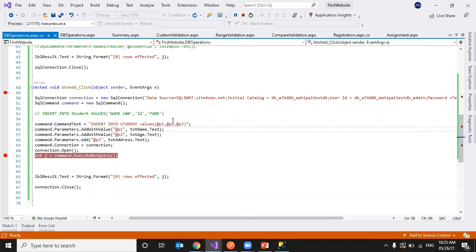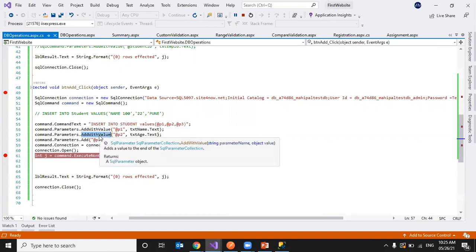During that time, you have to be cautious to append single quotes. So there are two ways of writing, appending text or using parameters. Whichever way you feel comfortable, you can use that.